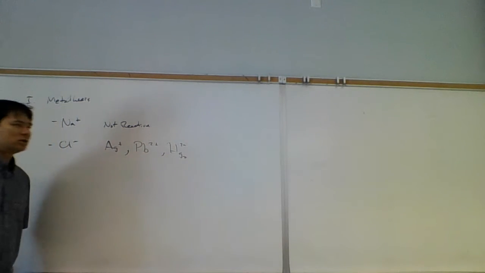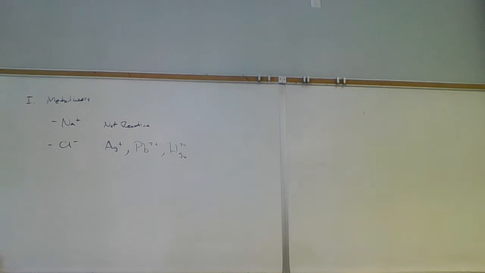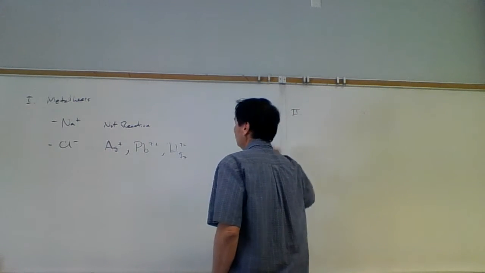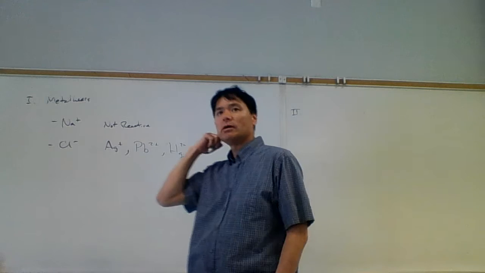And so if I had lead 2, the same thing would happen. If I had mercury 1, the same type of thing would happen. They'd come together, form a precipitate. And so as far as metathesis properties go, sodium chloride will react with silver ions, lead ions, and mercury ions. Lead 2 and mercury 1. So we know there's going to be some metathesis chemistry there. Okay, then after metathesis, we go on to